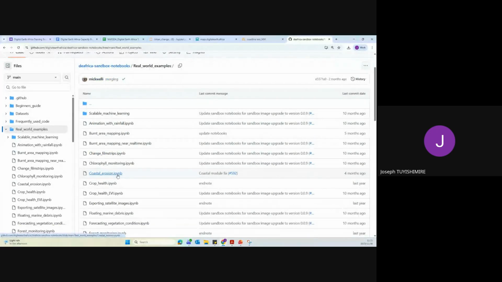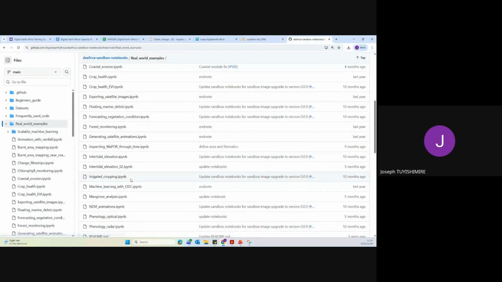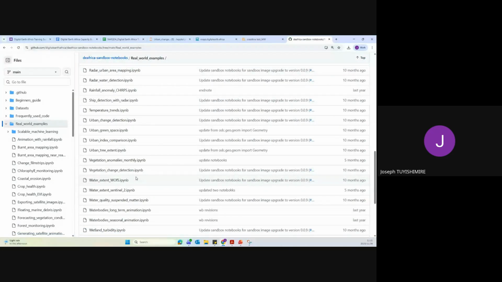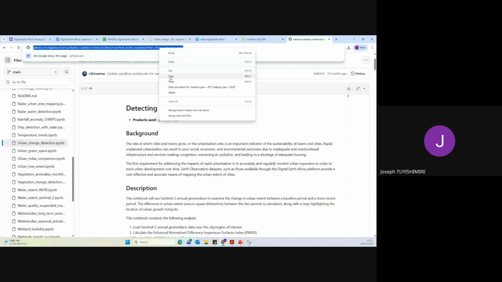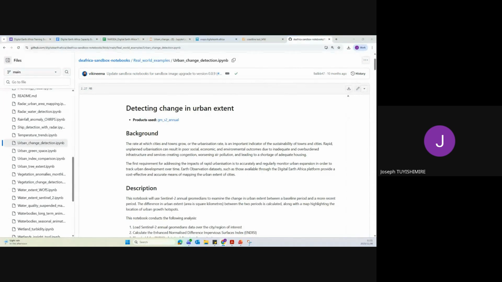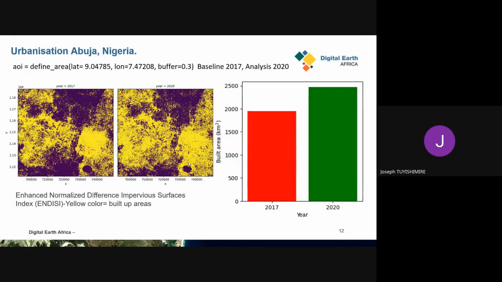We have this urban change detection notebook. I can share the link with you, if you would like to have a look. So if I go back, this is the best way to monitor the urban change detection